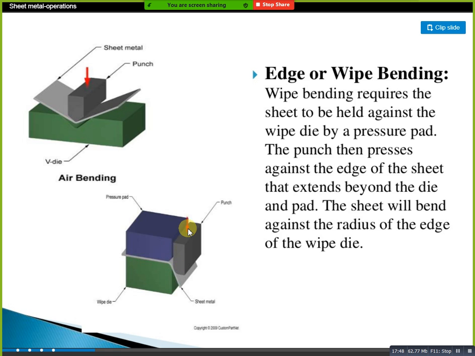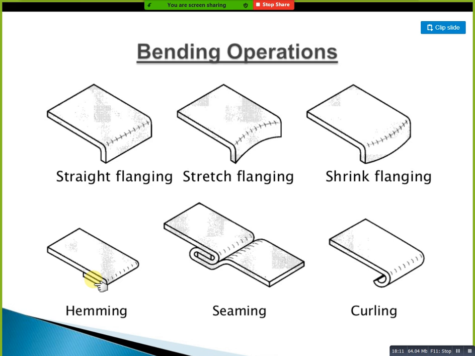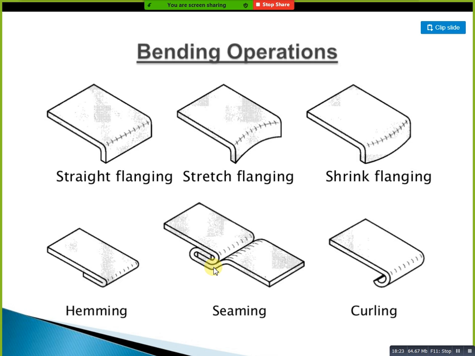Next we can go for the next bending operations. These all are bending operations. Just you can see straight flanging, hemming, where you are getting an operation like this. Okay, this is bent 180 degrees but directly in contact with the sheet, this we consider as hemming. Straight flanging, and this is seaming, where you are getting like this. Okay, this is one more sheet and this is one more sheet, for example, you will take in your rice drums, oil drums. Okay, these all come under seaming. One sheet is held with another sheet and pressed, that condition you are getting this seaming.